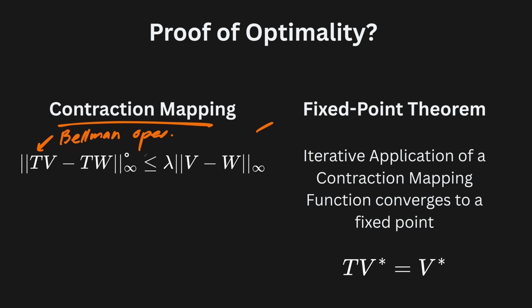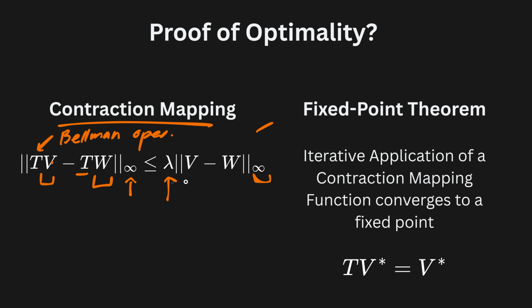And a contraction mapping is when the Bellman operator applied to some value function v, and then the same Bellman operator applied to another value function, which we call w here, if the infinity norm, which we'll talk about in just a second, of the difference between the Bellman operator applied to v minus the Bellman operator applied to w is less than or equal to some constant lambda times just the difference between the value functions, and again, the infinity norm,